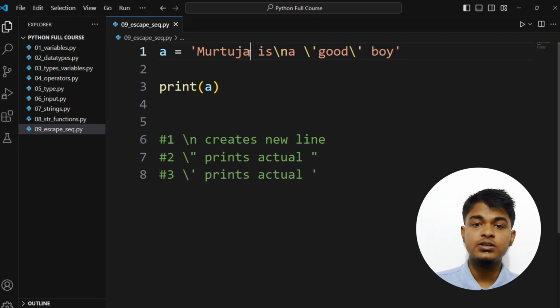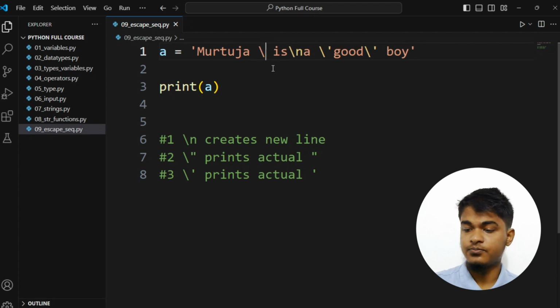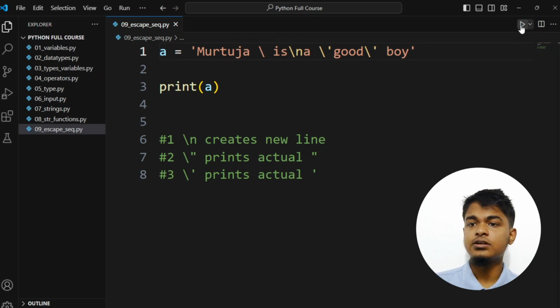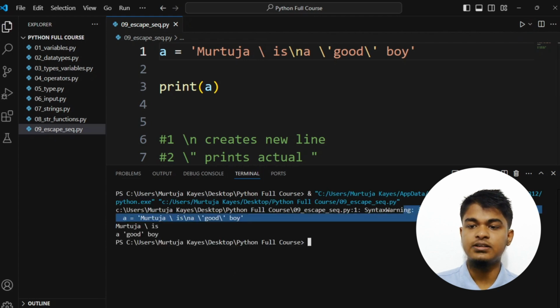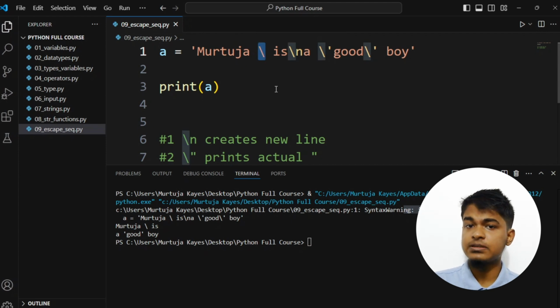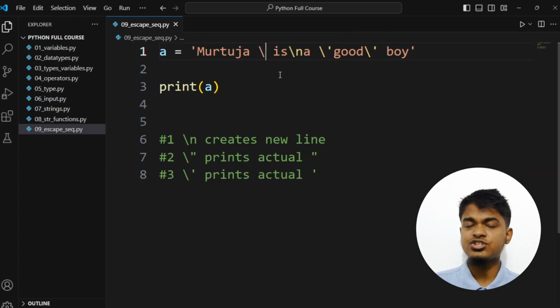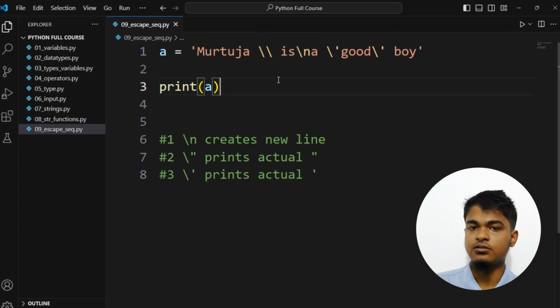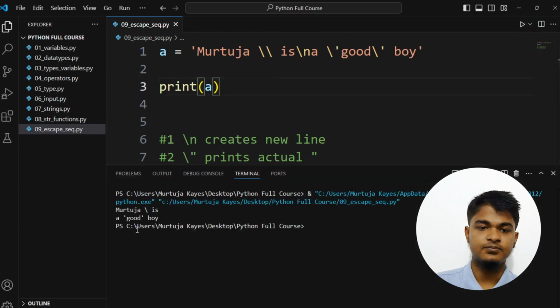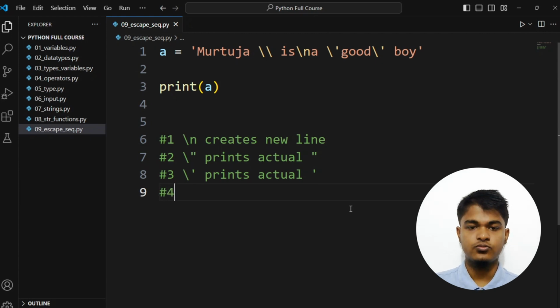Now let's say I want to print this actual slash in our string. What will happen now? This will give us a error. There you go, invalid escape sequence, because this slash character means we are going to use escape sequence character, but there's nothing after this. So to write a actual slash, we need to first use this escape sequence sign, then we are going to use this. Now this is a escape sequence character. Now if we print this, there you go, there's no error, and also after this Murtuza there's a slash. Okay, so we can say point 4 is,